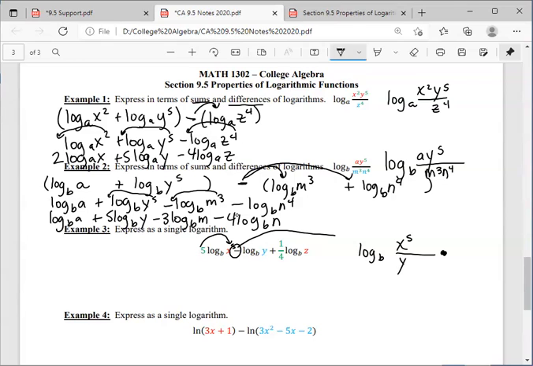We're multiplying by something. The 1/4 would go back up with the z. And so we're multiplying by z to the 1/4. And when you put those things together, it would be the log base b of x to the 5th. Z to the 1/4 doesn't have anything on the bottom of that. So it's just,